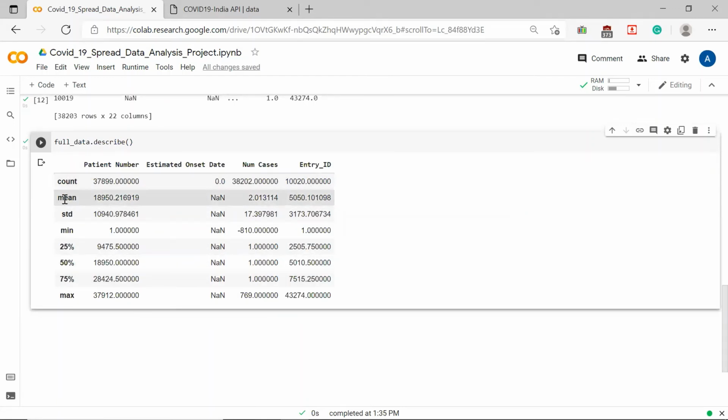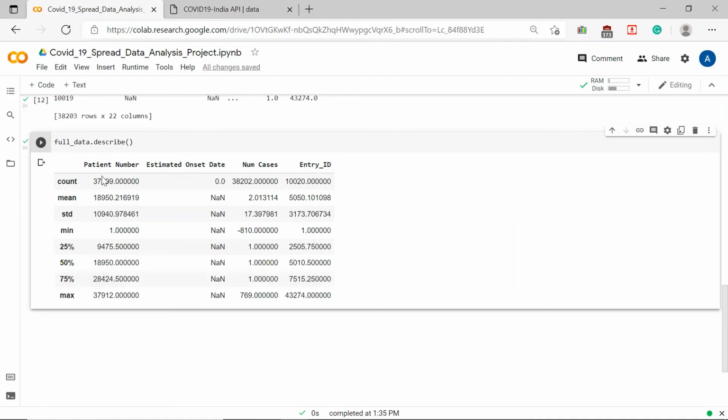Number of rows, mean of that column, standard deviation, minimum value, maximum value, and the 25 percentile of the data is what? 25 percent of this data, 50 percent of this total data, 50 percent of 37,000 is something around this. 75 percent is how much?